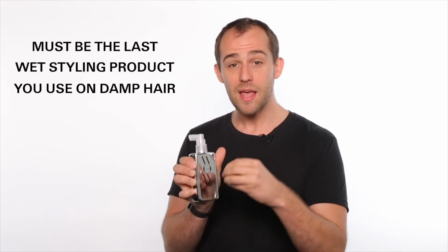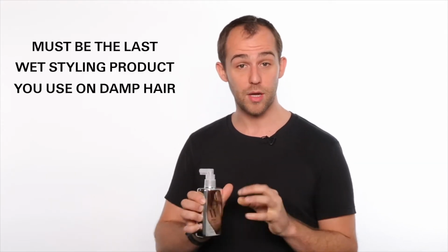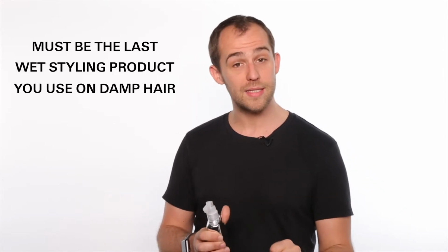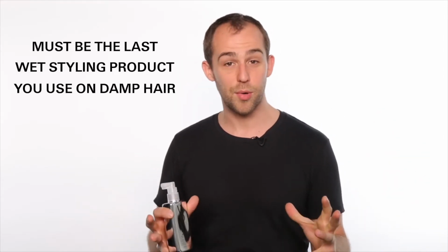If for some reason, I mean we don't recommend it, but if for some reason you do use a styling product first, this has to be the last wet styling product you put onto the hair. And then once you've heat activated and blow dried it into the hair, you can use any other styling product